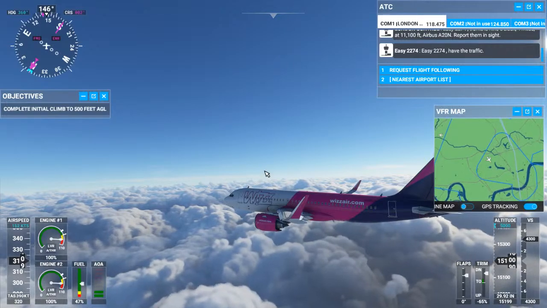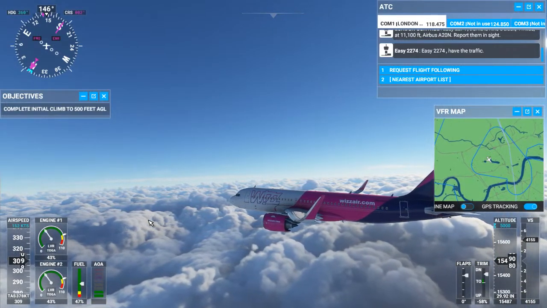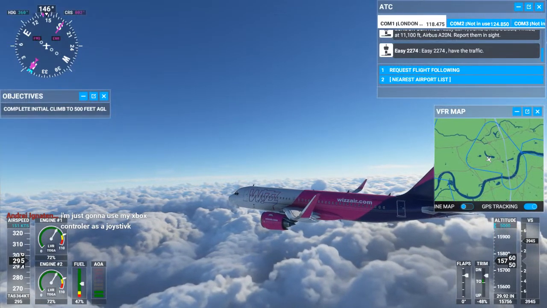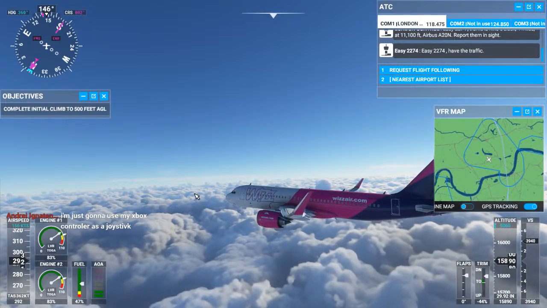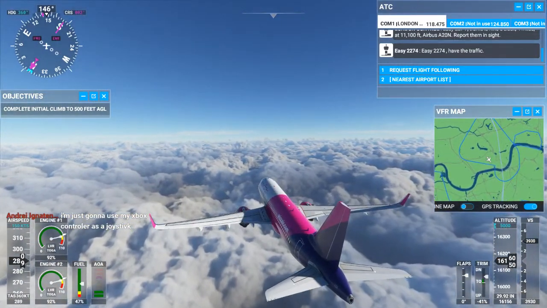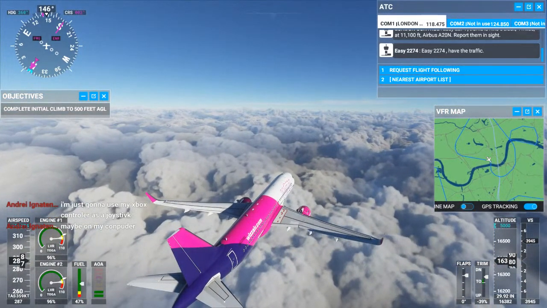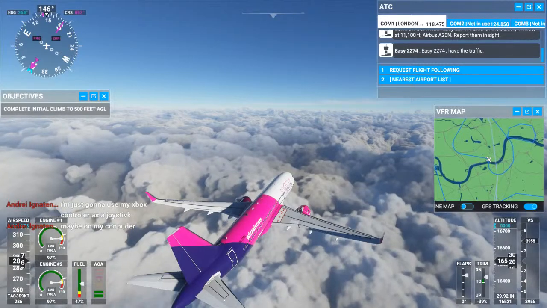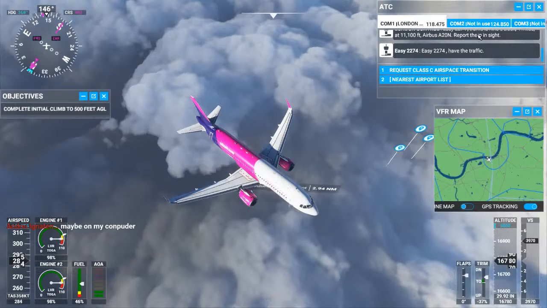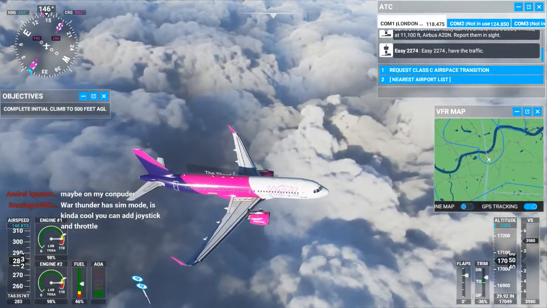I'd say it's definitely a little generous on the power. It should definitely not be going 330 knots at whatever we were, 15,000 feet for sure. It depends if your computer can run it better. But to be honest, if you're going to run it on an Xbox One S,